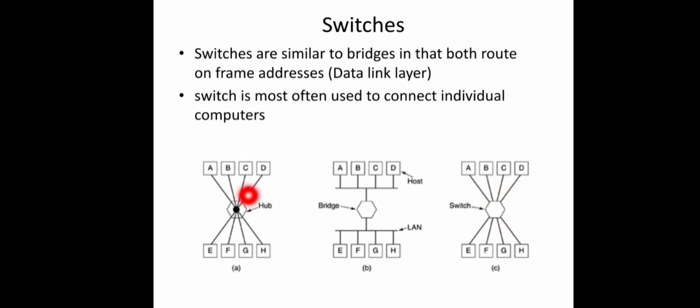What about the collision domain? Let us compare the hub, bridge and switch in terms of collision domain. Here the entire system forms a single collision domain, right? So the chance of collision will be more here, because if A and H send data simultaneously, the data will collide and the frames will be lost. So the chance of collision and data loss will be more here.